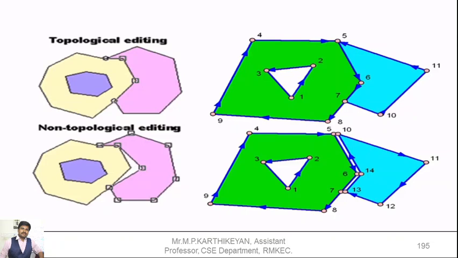That error should not be there in a GIS map, because when we are projecting the entire globe in a satellite image or a GIS image, the data should be perfect. Else even that empty space will be considered as some other object or entity. Yes or no? Yes. So now, please note down the various types of errors that are possible in topological editing.